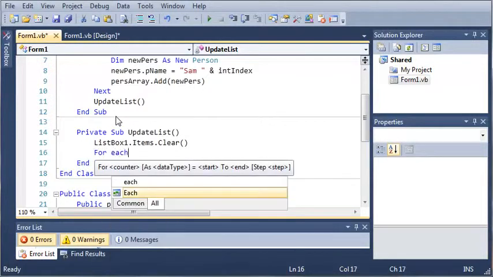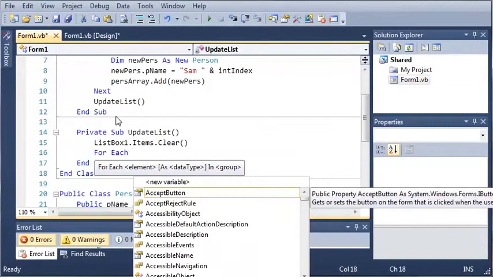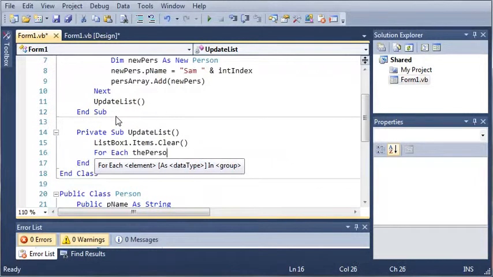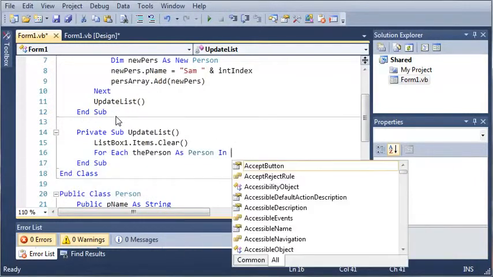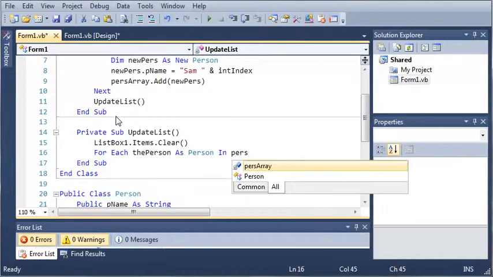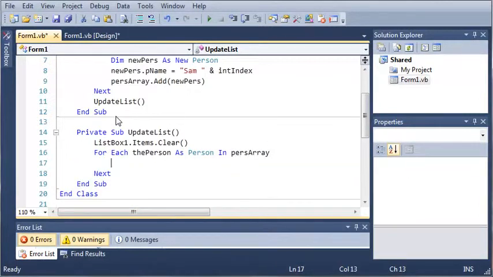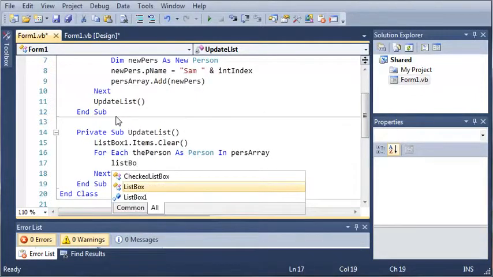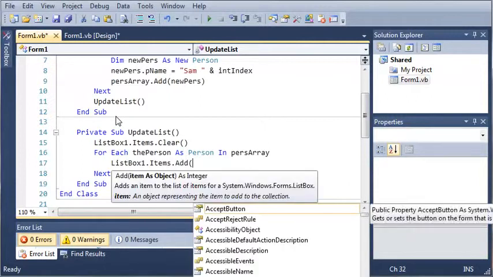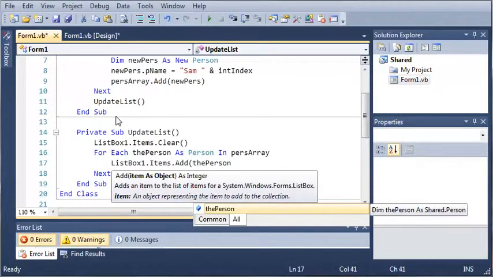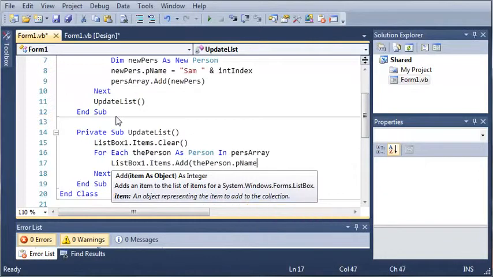For each person as person in our person array, we're going to add that to the list box: listbox1.items.add, and we will add the person.name,